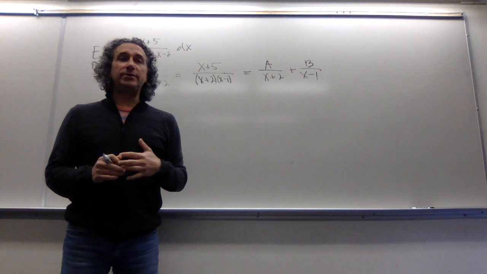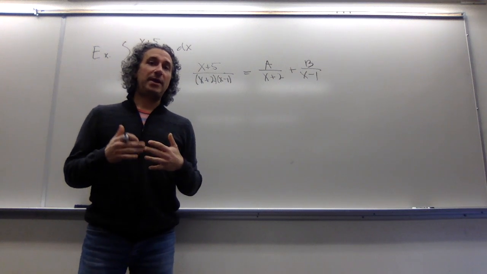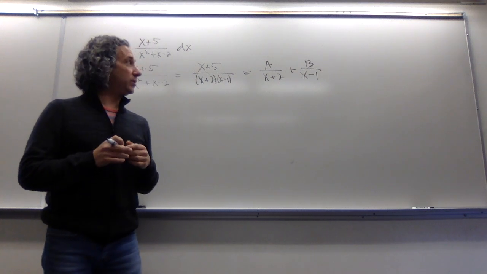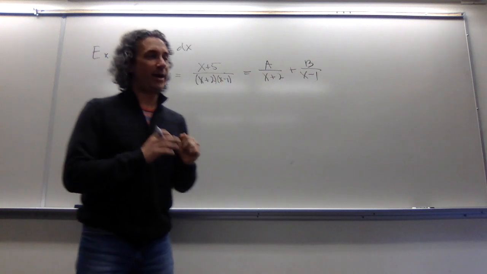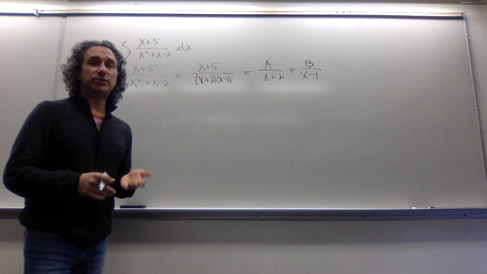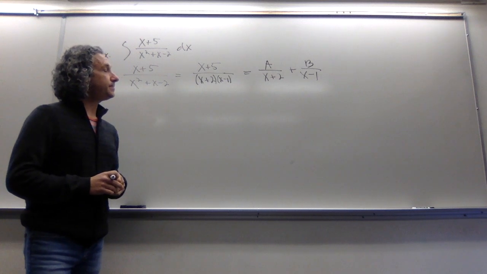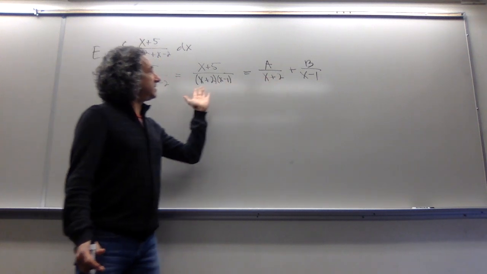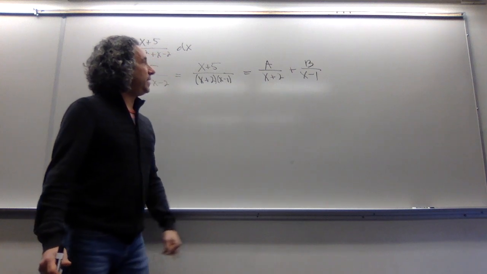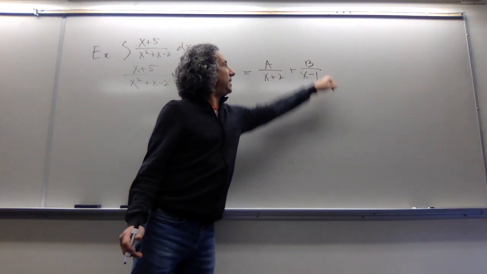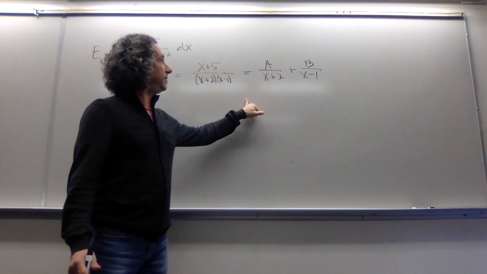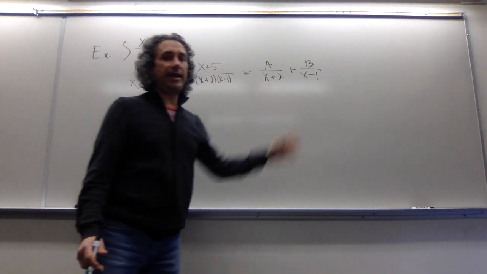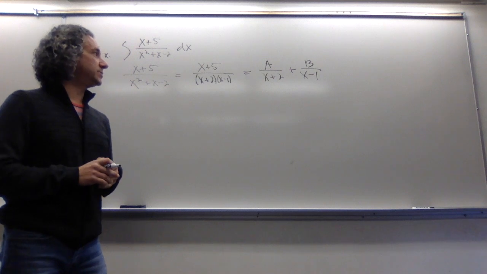Well, it turns out that there's an algebraic proof, which is a bit beyond the scope of this course, which will convince us that we can actually find an a and a b. So I'm telling you ahead of time, I know I can find an a and a b. The question then becomes, how do we do this? Well, for these to be equal, all I need to do is create a least common denominator, in this case x plus 2 times x minus 1. Once I have the same denominators, I can set the numerators equal to each other.